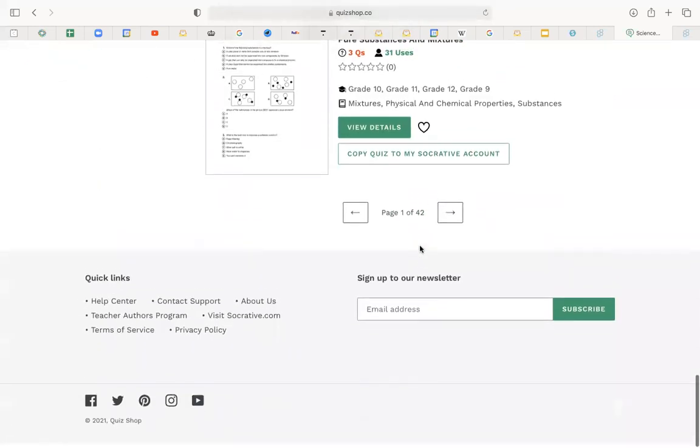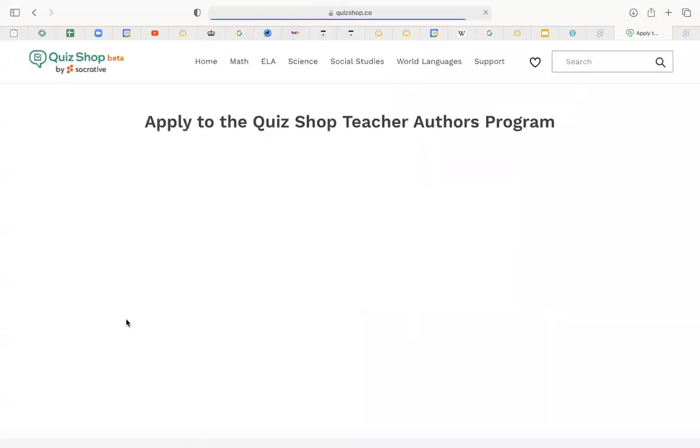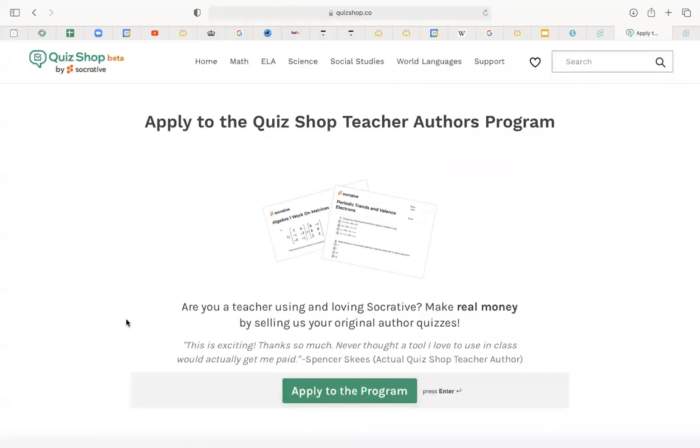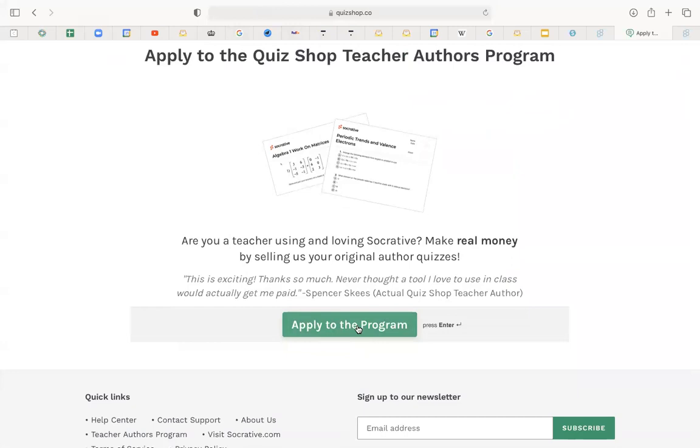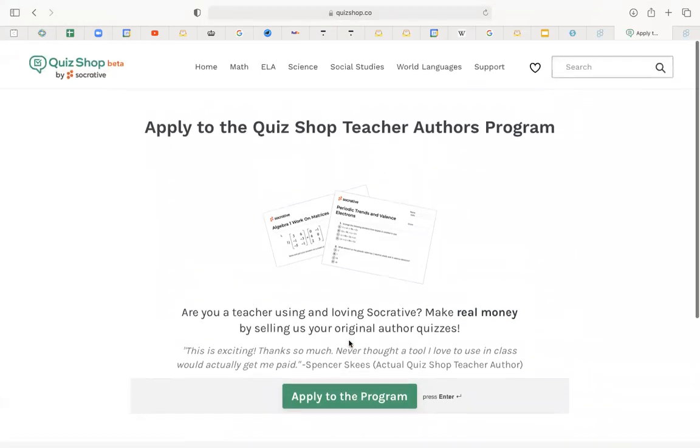Oh, and by the way, something to know, there is a teacher authors program, which you can apply for. And when you apply for it, they do actually pay you for your quizzes. So it's not like you're just giving it away for free or anything like that. If that's something that you want to get involved with, you can definitely go ahead and apply to the program